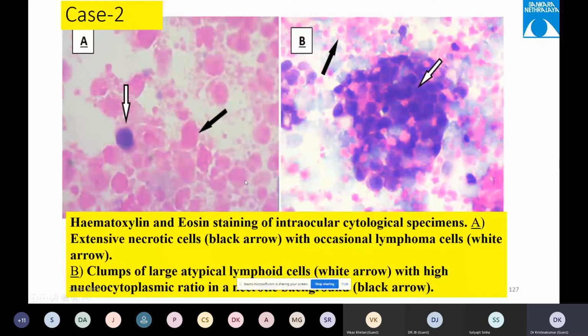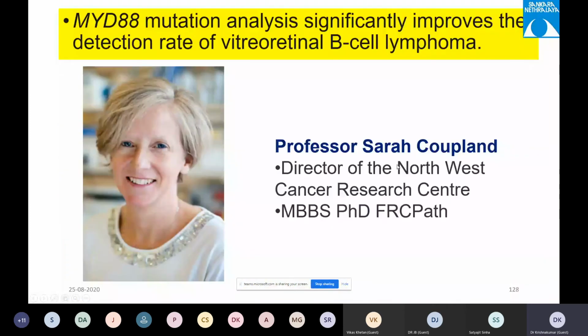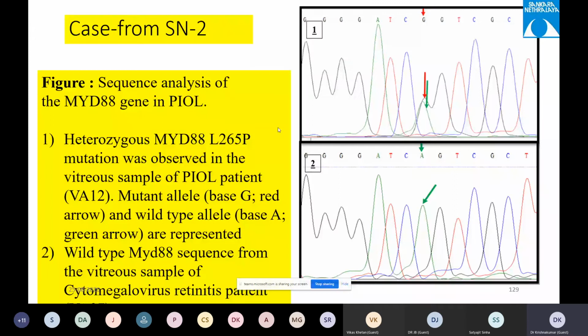And I must tell about Professor Sarah Coupland, a good friend of Dr. Vikas Khetan, and a very eminent oncologist and ocular pathologist who brought this concept of MYD88 mutation to increase the detection rate of B-cell lymphoma. Based on madam's inputs, we optimized MYD88 at Sankara Nethralaya, and this is our own data. You see this first graph, you find green arrow and red arrow. That is intraocular lymphoma, with mutation